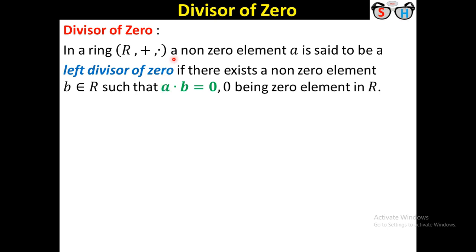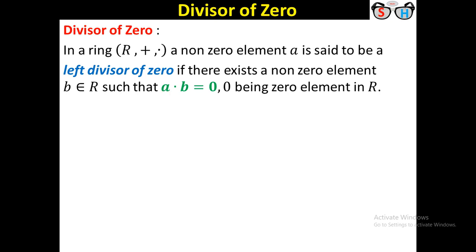A is the given non-zero element, and B we find later if there exists a non-zero element B. However, the product of the two non-zero elements is 0. Therefore, these are divisors of 0. Here we consider the conclusion. You see that the non-zero element A is on the left side of the multiplication, so A is called a left divisor of 0.